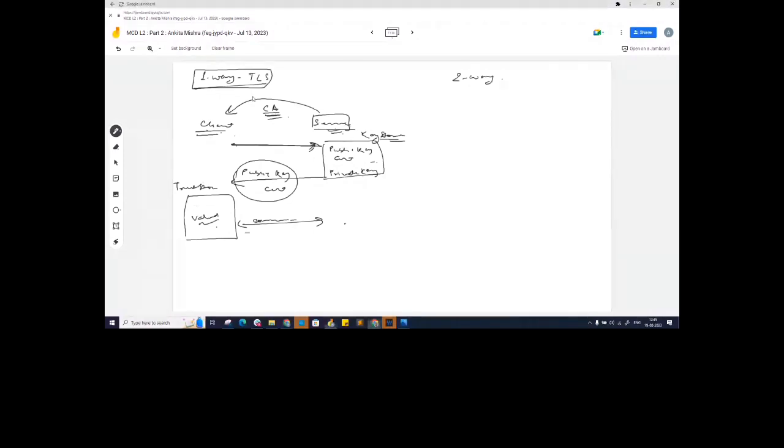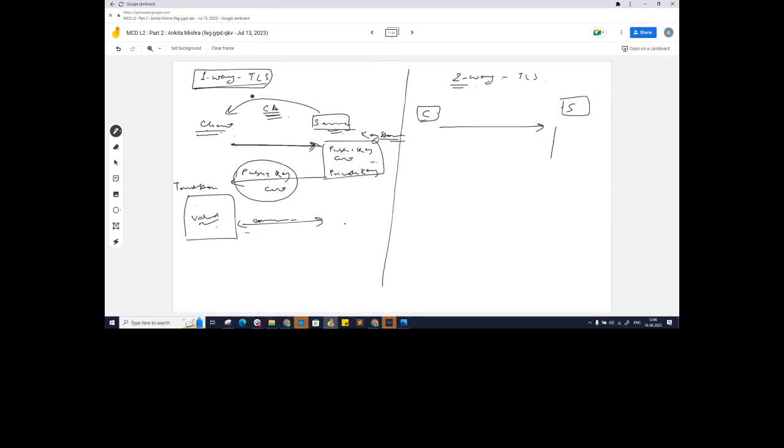Similarly, we have two-way authentication. Okay, two-way TLS. In two-way TLS, again, there will be a client and the server. Again, no matter whether it is one-way or two-way, it is always the responsibility of the client to initiate the communication. However, in two-way communication, the server will verify the client as well as the client will also verify the server. It will be a mutual authentication, a mutual handshake. So first, the server will authenticate itself, and then the client will authenticate itself.